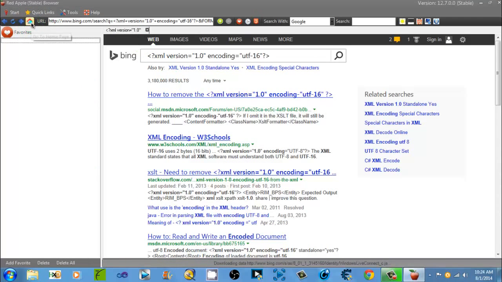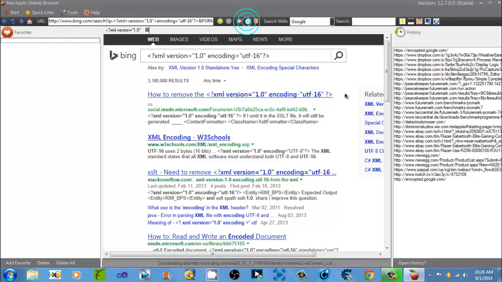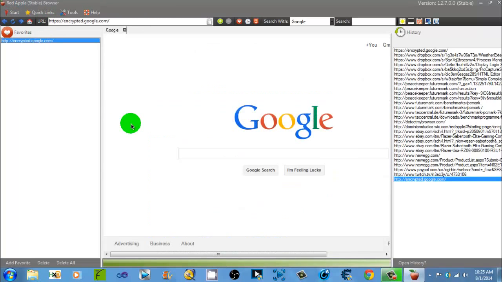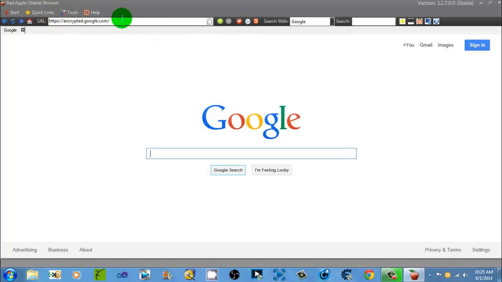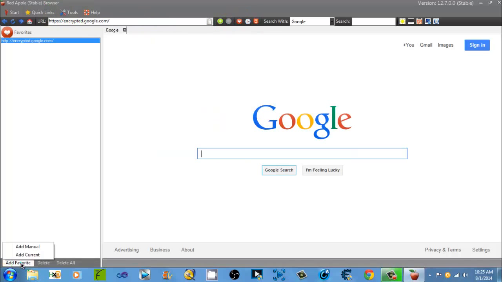I'll just continue. But basically you guys can bring up this history and go to, let's say, I don't even know. Let's just go back to, oh wait, add to favorites link. And there it is. You just double click, and you can close these, and there we go. And you can open them back up. You can add favorite